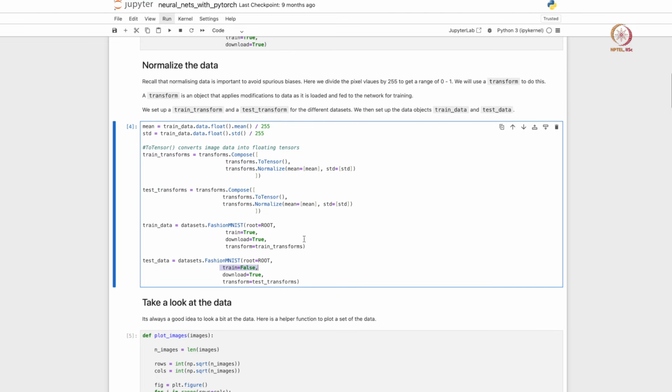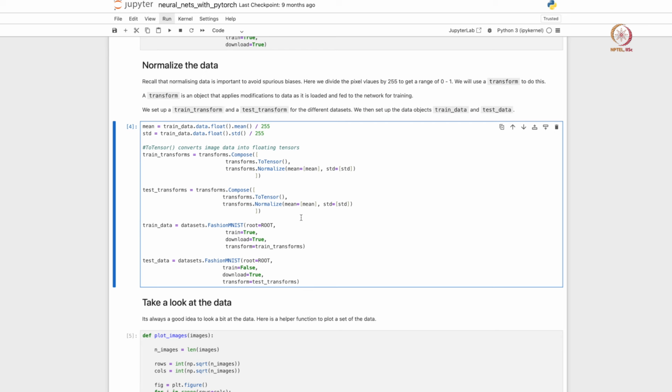The other important thing to note is that usually when you standardize or normalize your test data set, it's almost always a good exercise to use the training set statistics to do the standardization and normalization. This is so that the scales of the data are the same. Because if you use the statistics of the test set by itself, it may have a very different mean and a very different standard deviation compared to what your model is aware of, which is the training data set's mean and standard deviation.